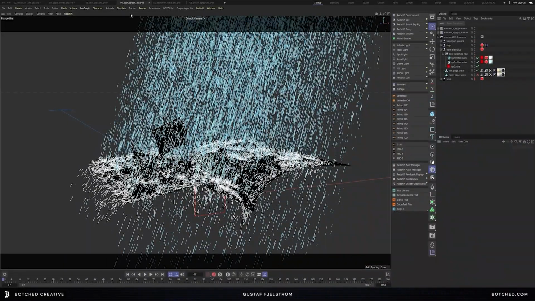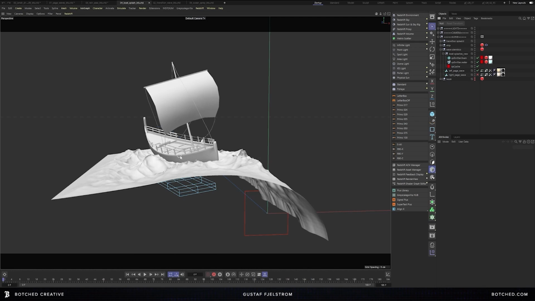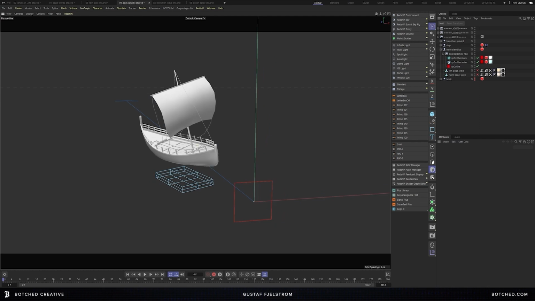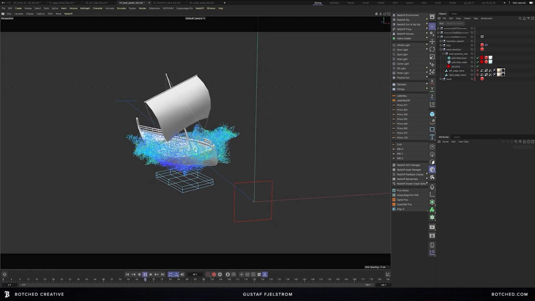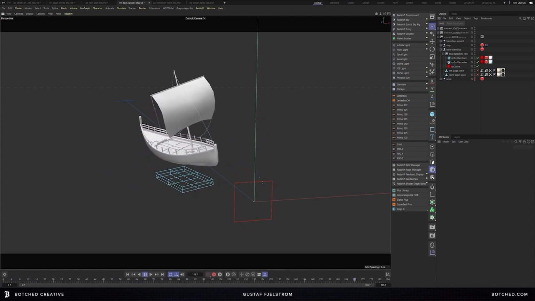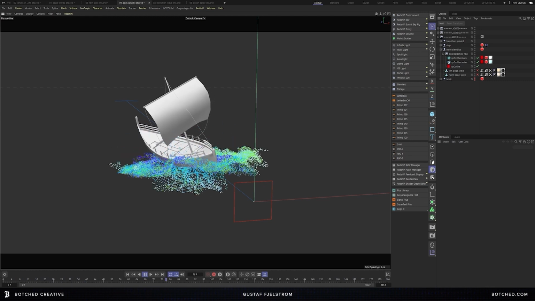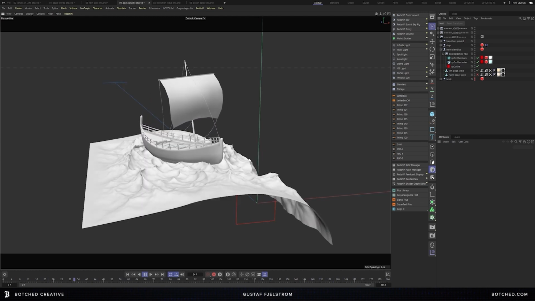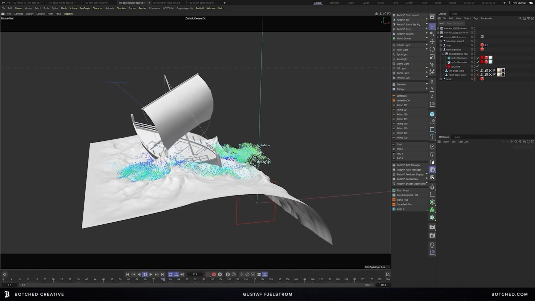Another fun little simulation were these boat splashes. Because I didn't have proper dynamics between the boat and the ocean waves, I wanted to include some sort of interactivity there. So I set up this emitter using X-Particles once again, so that it would blast upwards and bounce off the hull of the ship. But as you can see, it's also colliding with something else. It's actually my Alembic being used as a collider as well,